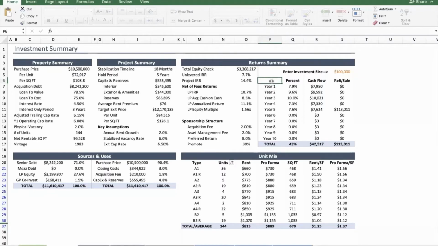So here we are on the spreadsheet. This is actually Rob's spreadsheet that he uses for every deal he analyzes. This is an example deal. We have some numbers plugged in, and then we have the typical structure as far as all the things we talked about previously, the acquisition fee, the promote, the pref, all that good stuff. So we're going to basically run you through this deal and then play with the numbers and see how everything's affected. So Rob, with that, you want to walk us through this deal and what we got going on? Yeah, so